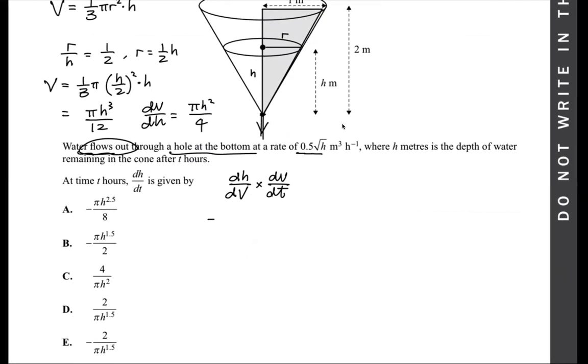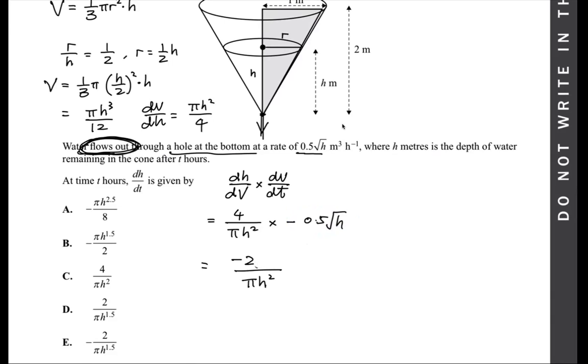Right, so dh/dv is going to be 4 over pi h squared times, remember, this is a negative rate, flows out, so dv/dt is negative 0.5 times root h. Bear with me. Now, you can simplify the top as minus 2 root h divided by pi h squared. And notice root h is simply